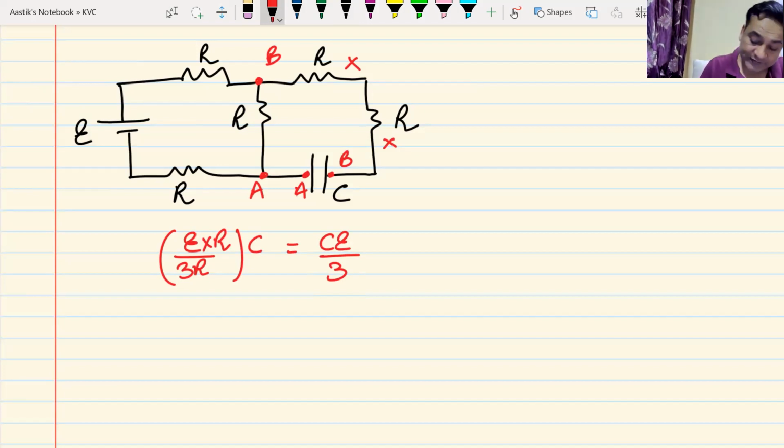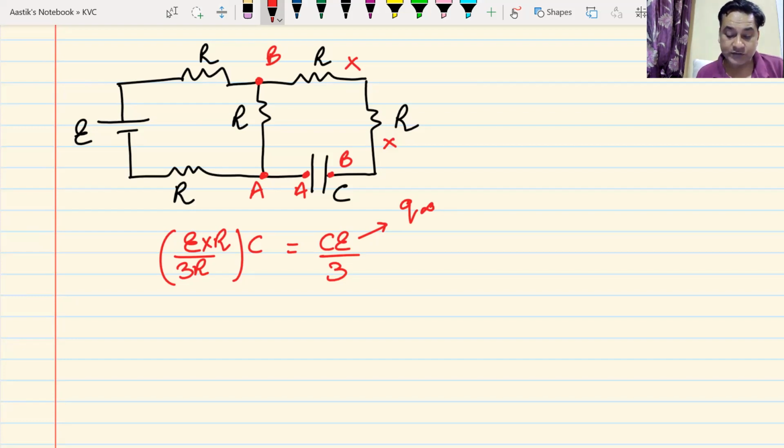And this is obviously the charge on the capacitor at infinity. Do we understand this? Yes, sir. This is how you can always find it out. So are you confident of this now? Yes, sir. Okay, then we know how to find out the charge on the capacitor at infinite time, and now we can move on